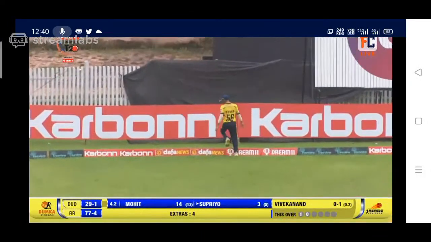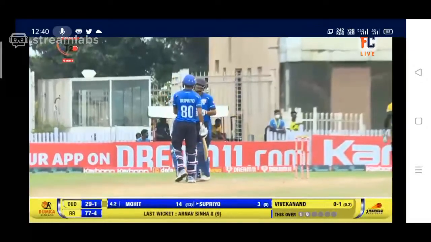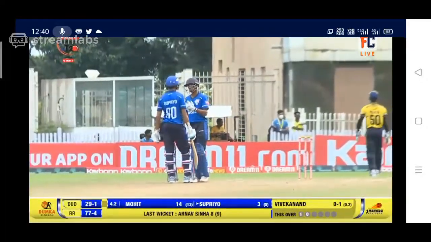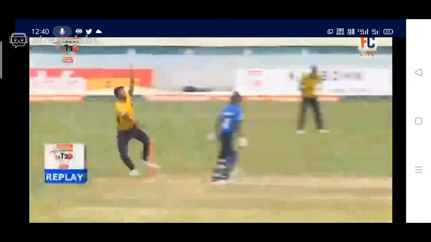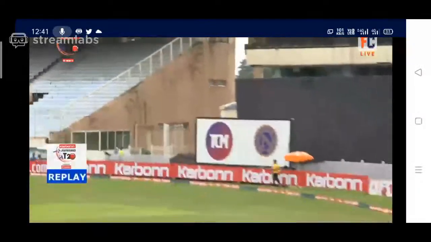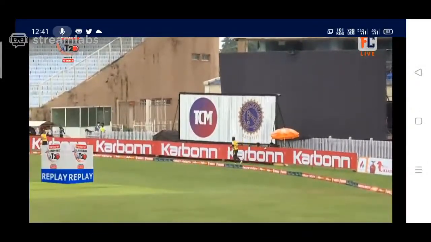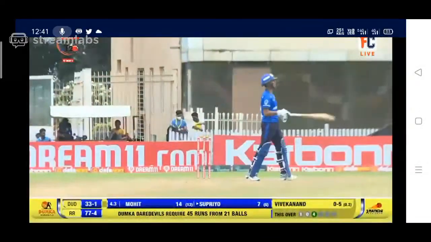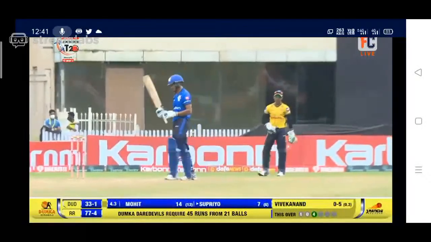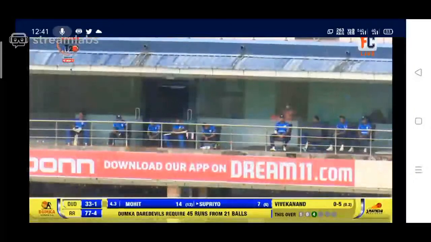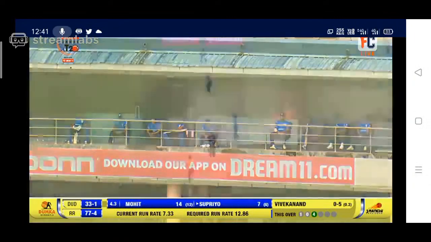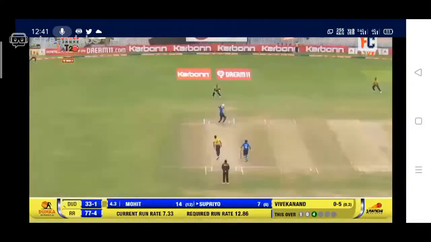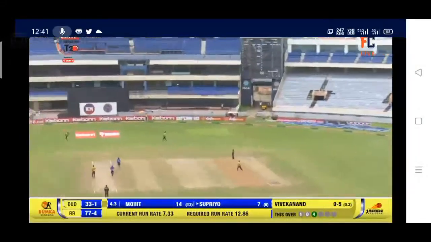And has it cleared? Yes, it's safely down towards the boundary for a 4. We'll just take a look at that ball, how he wanted to play that. Supriya Chakrabarti, look at that. It was high up and there was no fielder landing in no man's land going towards the boundary. So now I think runs have started coming off. This is the second boundary so far, second 4 rather, I would say.